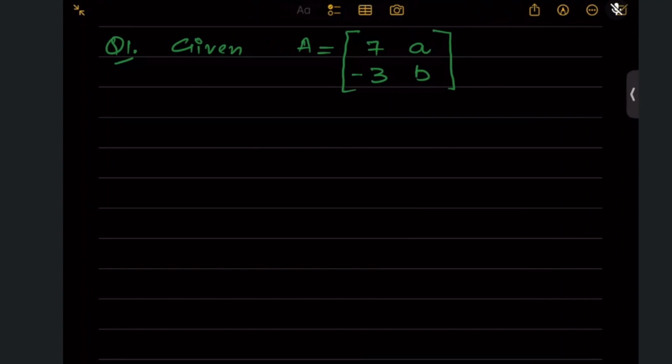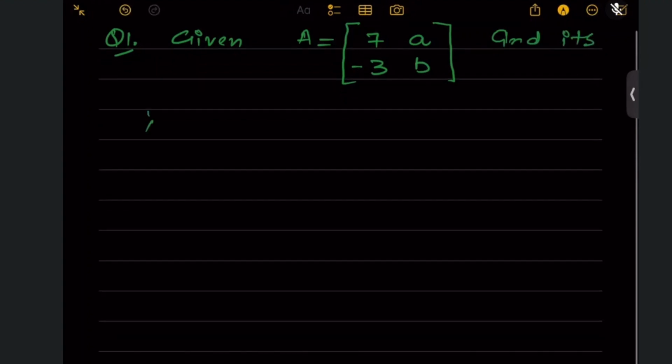Given this matrix and its eigenvalues, lambda 1 equal to 4 plus root 3 and lambda 2 equal to 4 minus root 3,